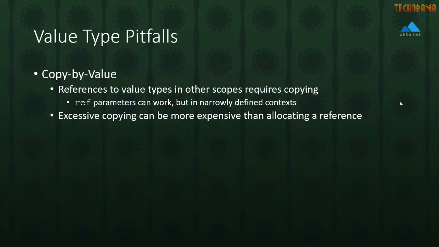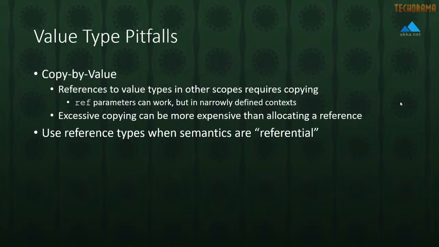Now, excessive copying can actually be more expensive than just allocating a reference. That's one of the things that our benchmark showed, is that on a single thread, when we were processing all those enqueue operations, just passing in that reference once actually ended up being cheaper than having to copy that struct over and over again, because I have my IActorRef.Tell, which copies that envelope into the actor cell, which copies it into the mailbox, which copies it into a concurrent queue. So there's at least 4 copy operations happening every time I invoke that method. So excessive copying can actually be more expensive than allocating a reference.